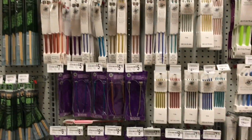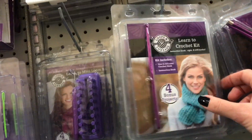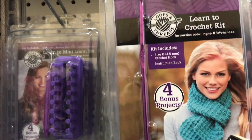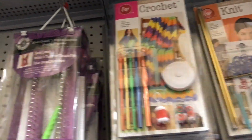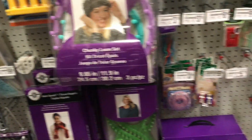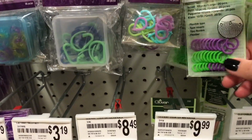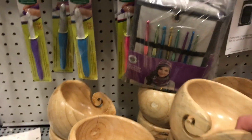Okay, so there's knitting needles. What's all this? Crochet hook. This is like a kit. Learn to crochet instructions book. That's interesting. There's also a couple of hooks and some stuff there. Pom-pom makers. Stitch markers, I'm assuming. Oh, it's all that. Yeah, stitch markers. But then here we've got the crochet hooks. So I think I might just...